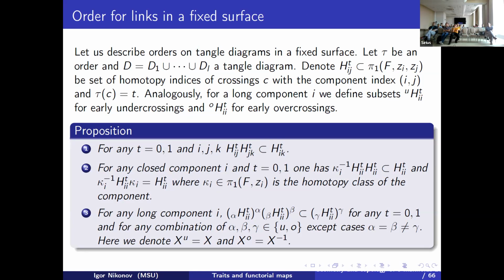And if we consider a diagram in a fixed surface, then we have a component type, order type, and homotopy type. Homotopy type is an element of the fundamental group, and then we can write H_ij for the homotopy type of crossings which change. And in this case, we have the following condition: these sets of homotopy types must be invariant under multiplication. So we have some conditions here,